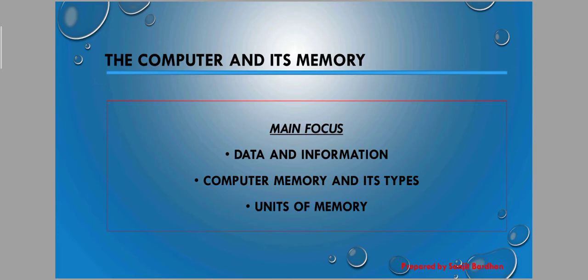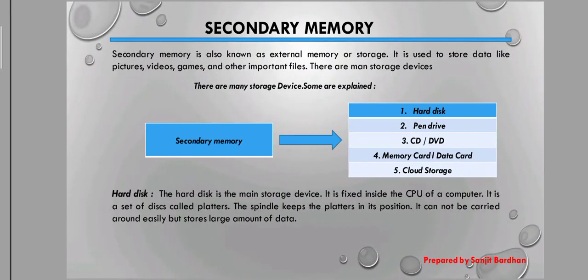of the second topic. I hope that you all understood, and also write the question answers in your computer copy for this related topic, which I have already provided to you. Now I am going to discuss the second part of computer memory and its type, which is secondary memory and units of memory. Okay, so move on to the first page.